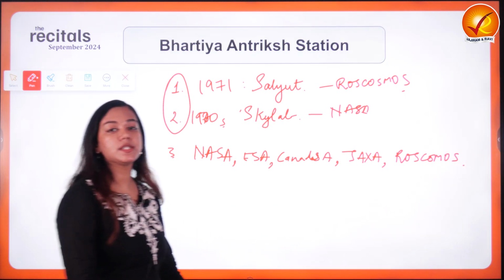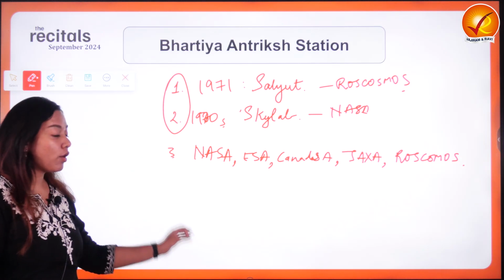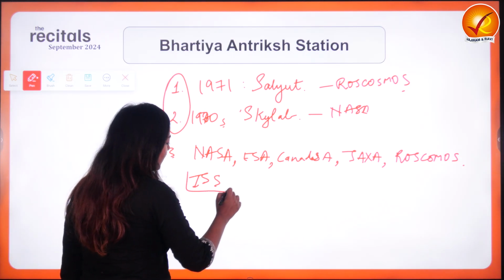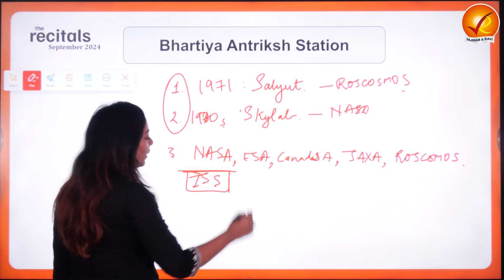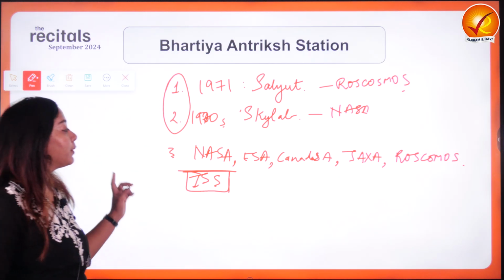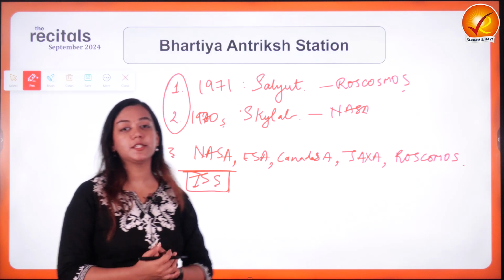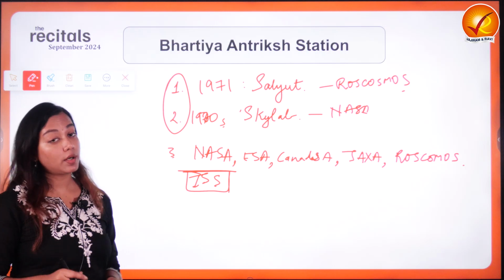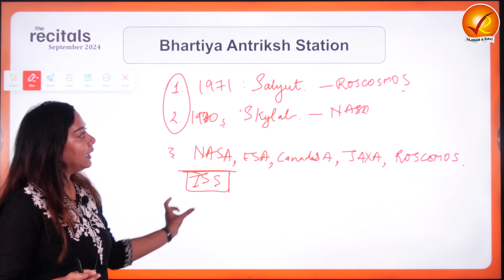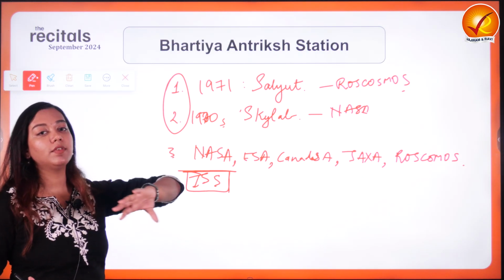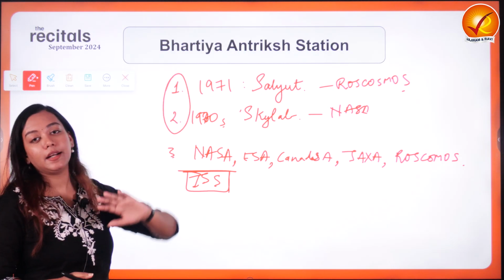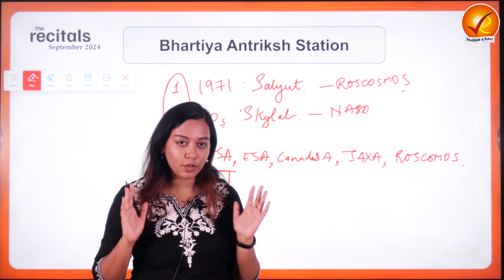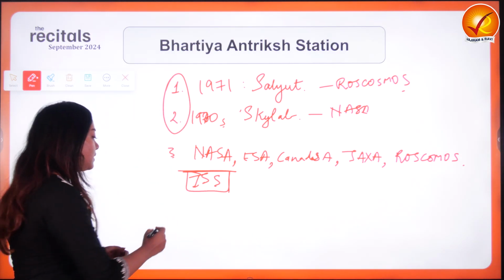So what is the name of this still working or operational space station? It is the very famous ISS, the International Space Station. Please remember, it is not created by one particular country's space agency, but is a collaboration between 5 countries' space agencies. Is India part of it? No. Can India utilize the services of ISS? Not as of yet. Therefore, we are creating our own mission named Gaganyaan, and then we are going to create our own indigenous space station. Is there any other country which has endeavored to create its standalone space station? Yes, it is China.